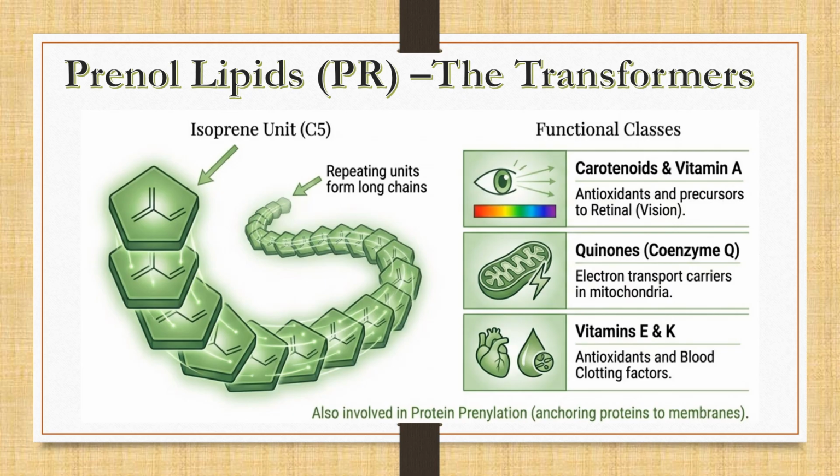Prenolipids are derived from isoprene units, giving rise to a wide variety of linear or cyclic structures. Their biosynthesis follows conserved pathways that assemble isoprene building blocks into increasingly complex molecules. This class includes terpenes, carotenoids, ubiquinone, and dolichols. Structural diversity is a hallmark of prenolipids, allowing them to participate in many biochemical processes.